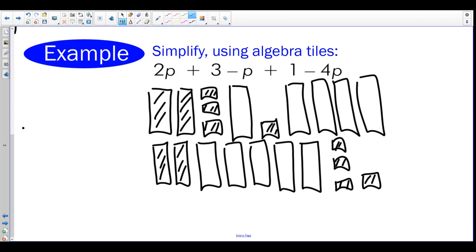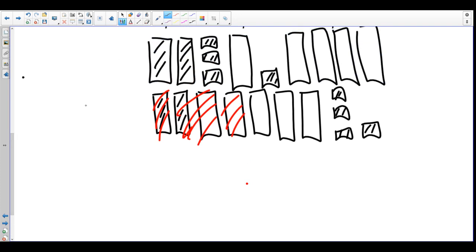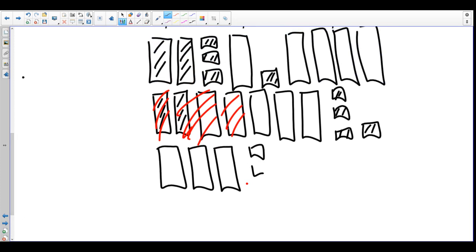So, what 0 pairs can we make? We can make a 0 pair right here and a 0 pair with these two. And that leaves us with three unshaded rectangles and